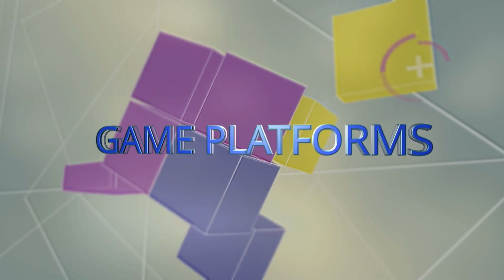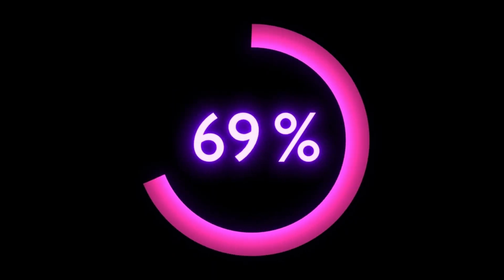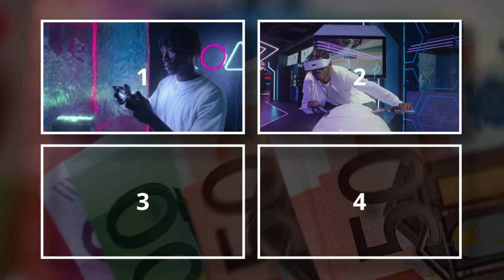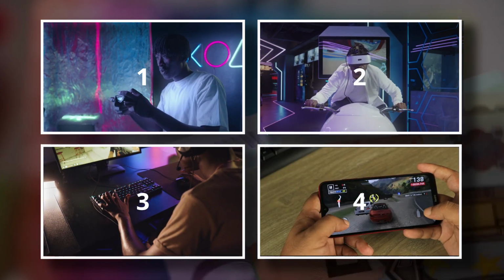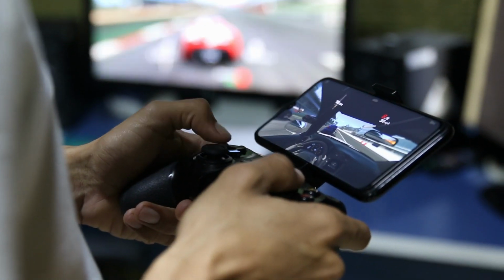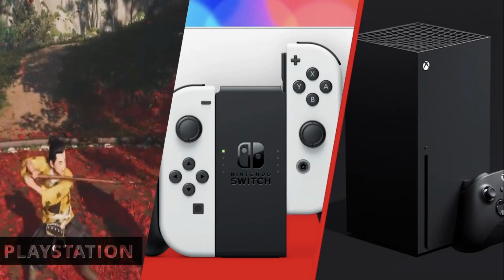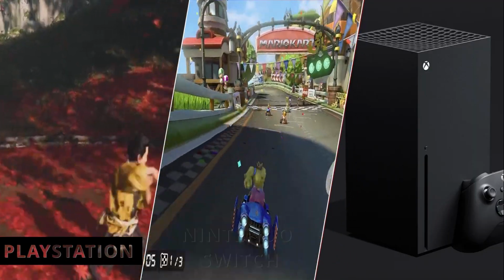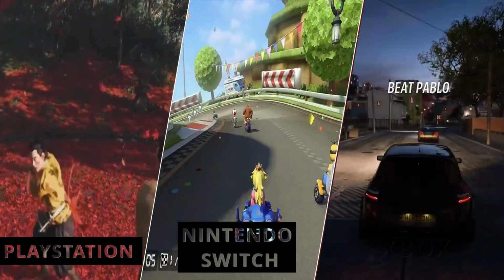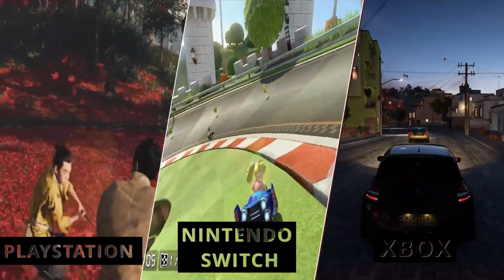A game platform is a digital environment where users can access, purchase, download, and play video games. A significant portion of the gaming industry's revenue comes from console games, VR games, PC games, and mobile platforms. The three primary platforms currently dominating the console game market include PlayStation, owned by Sony, the second one being Nintendo Switch, then comes Xbox, which is managed by Microsoft and holds a significant share.